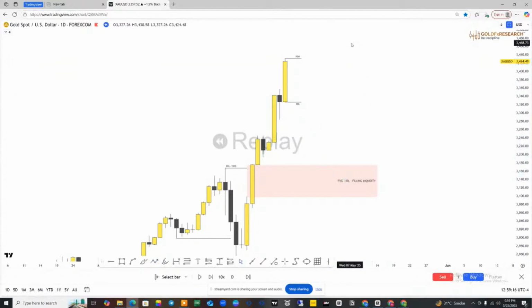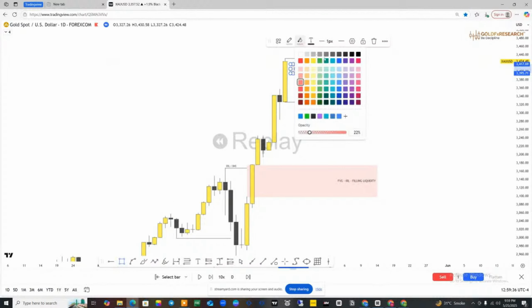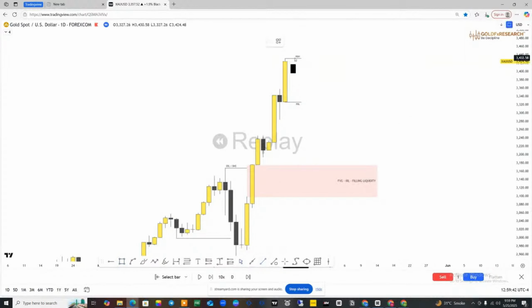Everything is clear now? Since the market is in a continuation day and we do not have any continuation or reversal pattern, we will wait until the market grabs the liquidity of this previous day's high. How will it grab it? For example, if the next candle forms in this way, it should approach the previous day's high. Let me show you by drawing it like this. If a candle approaches the previous high like this and then closes below it,